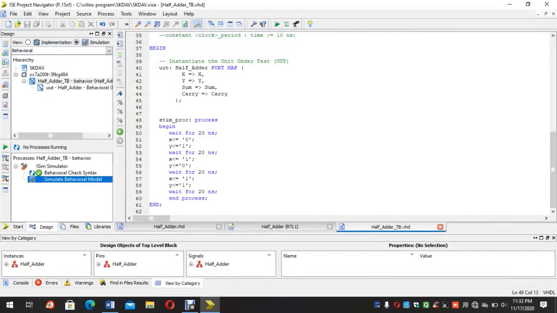One thing you can see here: wait for 20 nanoseconds is given in every input combination, because it provides some delay to properly observe the output. Okay, so this is all about HAPADDR. Thank you.